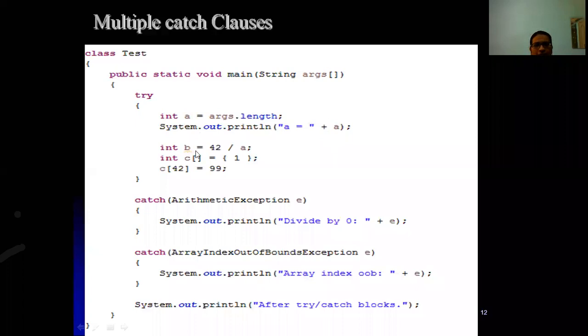And here int b is equal to, right? If we are not passing any argument to our program, the a value is 0. So in this statement we have got an error, or an exception. Which kind of exception? That is the divided by 0 exception. So once it gets an error here, it will call the catch, execute this divided by 0, and this will generate a system generated error, and finally it is going to print after the try and catch block. Once the exception occurs in this statement, it will not execute the else statements. It will come out of that